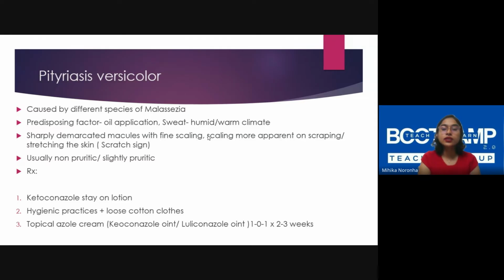The second thing is this will be more common in the peripubertal age, because that's the time when your sebaceous secretions increase. And other things that you can tell them is to avoid oily foods, to avoid highly processed foods, because that increases the sebaceous secretions, which predispose them to that. One of the common causes is they wear these synthetic clothes to go to the gym, and they keep re-wearing those synthetic clothes every time they go to the gym. So very often among people who gym, you might see Pityriasis versicolor.